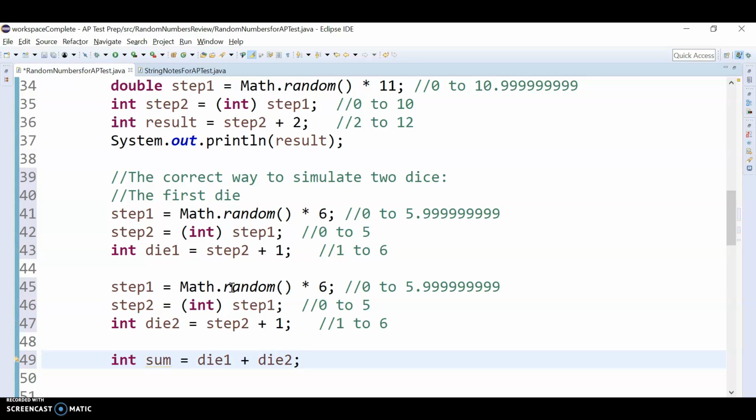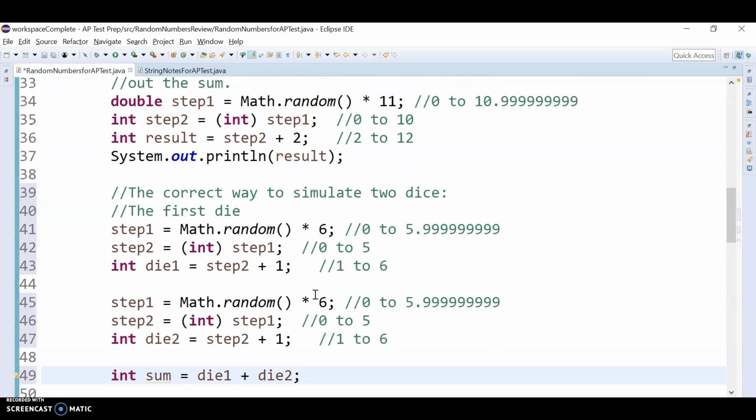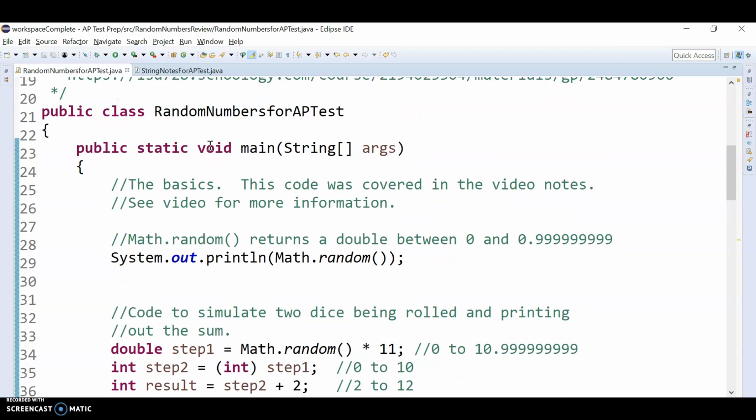And that would be an actual better way to simulate rolling 2 die because you actually have to roll them separately. And in this way, 7 is more likely than 2 and 12, which would actually be kind of the right way to do this. So these notes I'm saving here for you just kind of as a reference,